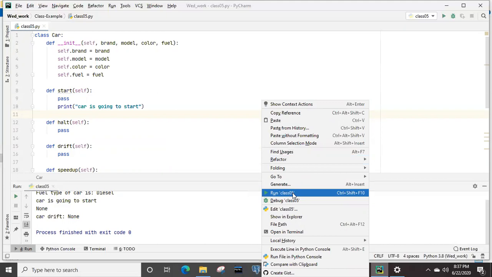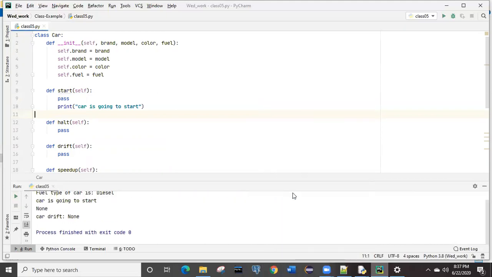If I run this one, what is it doing? None. None is always coming. This print is also coming. You need to verify why this None is coming. How will you verify?